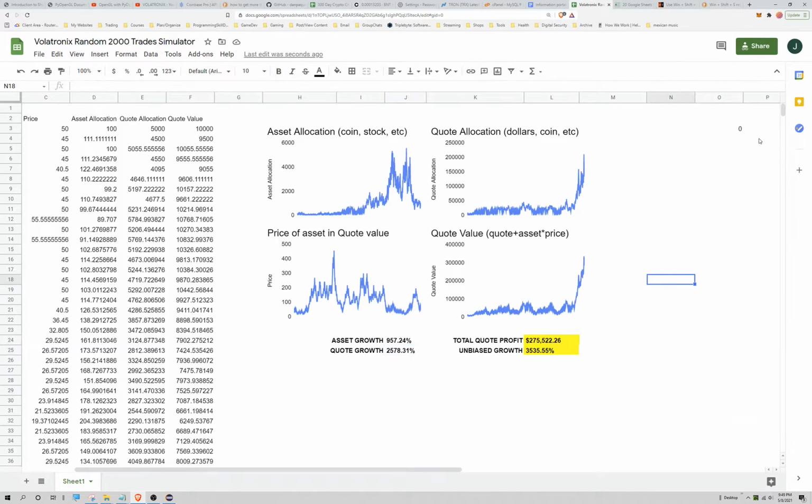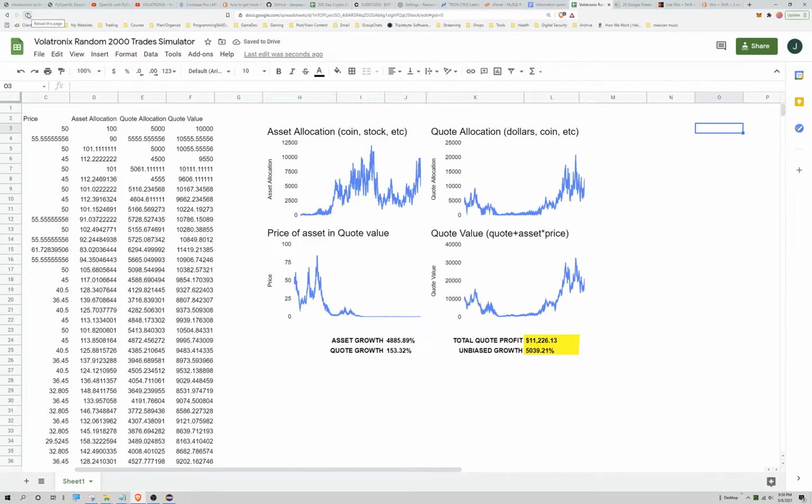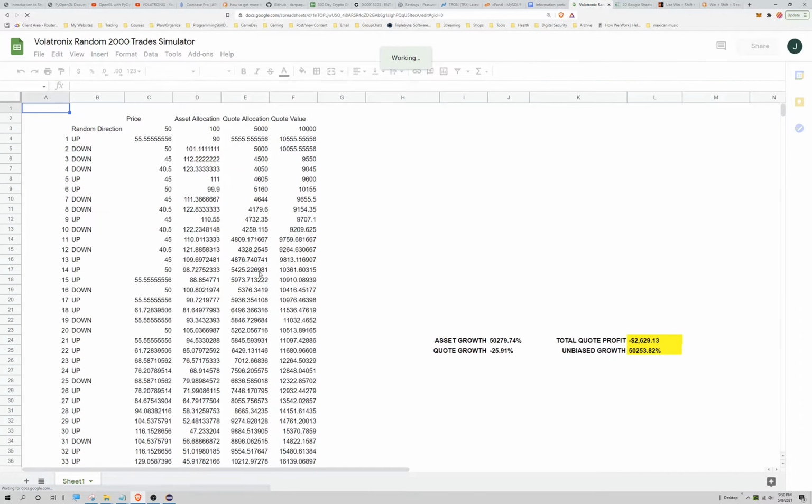All right, now I'm just going to refresh this a few times, or actually, if you refresh the page, it will load a lot slower. Here's a coin that killed itself, and we still have a profit in the end. Still have positive growth on all allocations. It is an unrealistic chart, but it could happen maybe. Now watch. Let's go ahead and reload the page and see how much longer it takes for these charts to load.